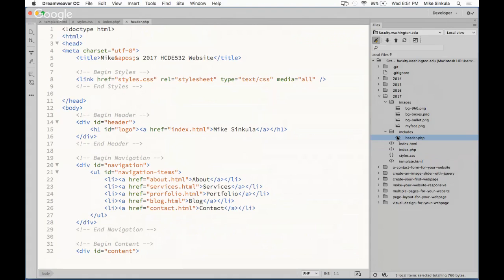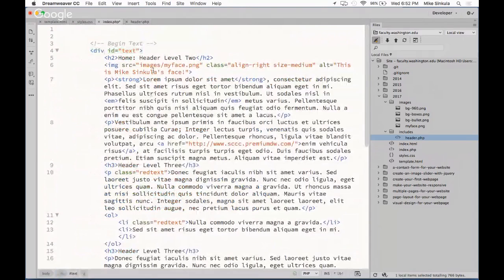So anyway, long and short of it is, I'm going to put my header include into my includes folder. Then I'm going back to index.php, and up top here is where I want to type out an opening PHP tag. The syntax is opening caret, question mark, PHP,